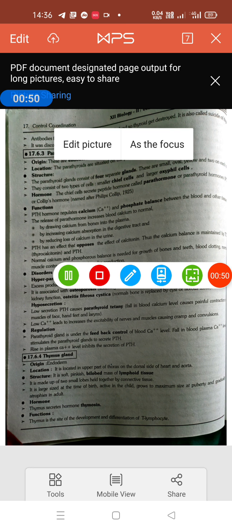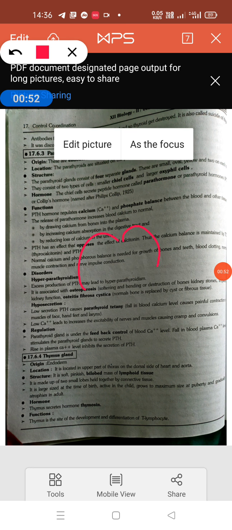This is a thyroid gland. It consists of two lobes. So there are two pairs of parathyroid glands. This is one pair and this is the second pair. Two pairs means these are four in number. Four separate glands, or two pairs of parathyroid glands, are situated